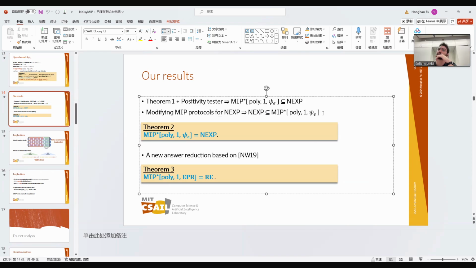So it's not clear whether it will still retain the power of MIP star? Not the full power, but you can get some advantage over classical MIP. That's my guess. Okay. But it's not clear it's still RE, right? That's what you're saying. I don't think it's going to be RE because